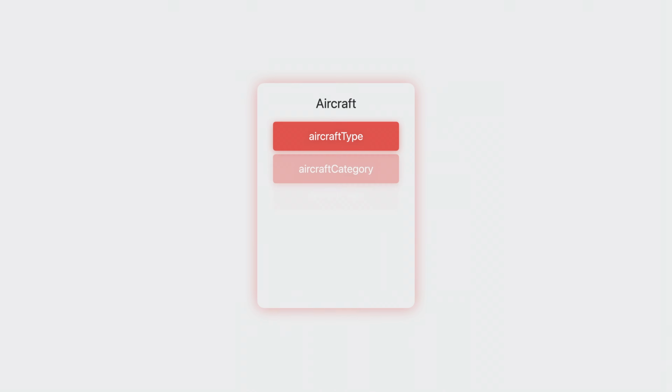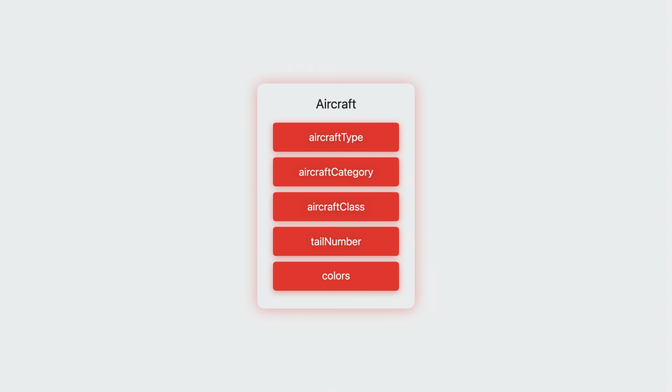I'm going to describe to you how to adopt composite attributes with a demo. Consider this basic data model with an aircraft entity. It has a number of attributes, including a colors attribute, which is a transformable type. The transformer for that type stores and parses a formatted string that describes the primary, secondary, and tertiary colors of the aircraft.